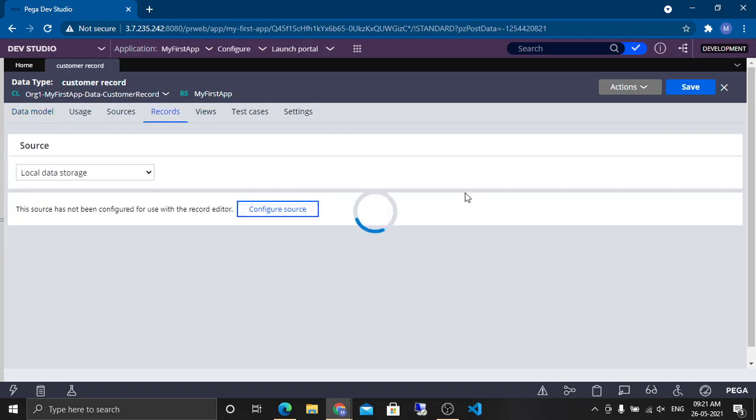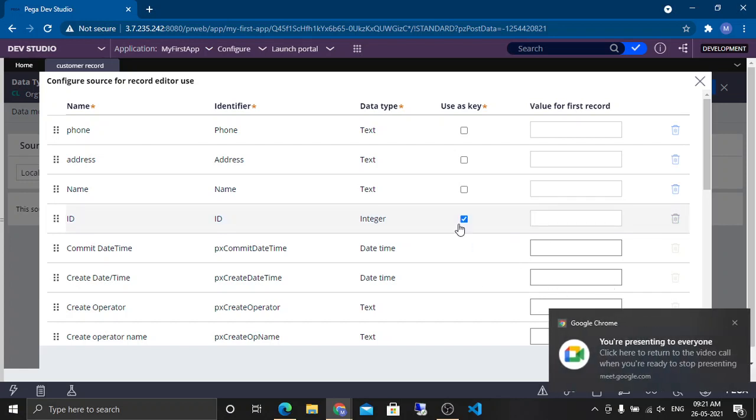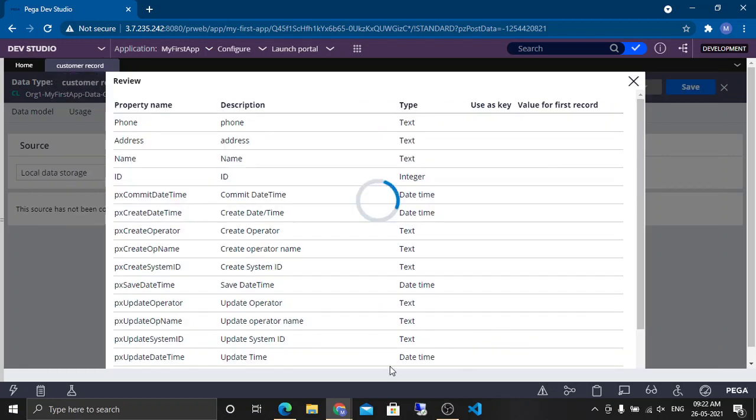Let me create one dedicated DB table for it. Okay, and what will be the key? This is the key. Submit. All right, guys.